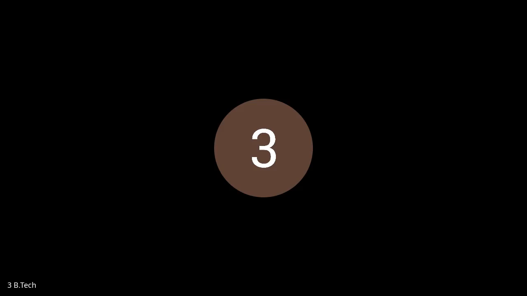So the differential amplifier can work in two modes. What are they? Differential mode and common mode. By using CMRR, we can make this particular amplifier work as a differential amplifier. In that differential amplifier, we again have four modes. What are the four modes? Single input unbalanced output, single input balanced output, dual input unbalanced output, dual input and balanced output.